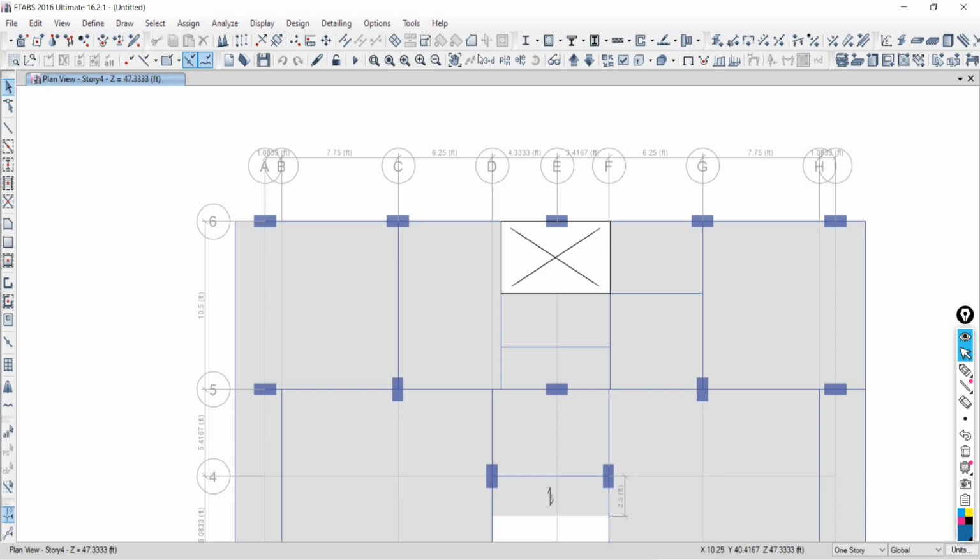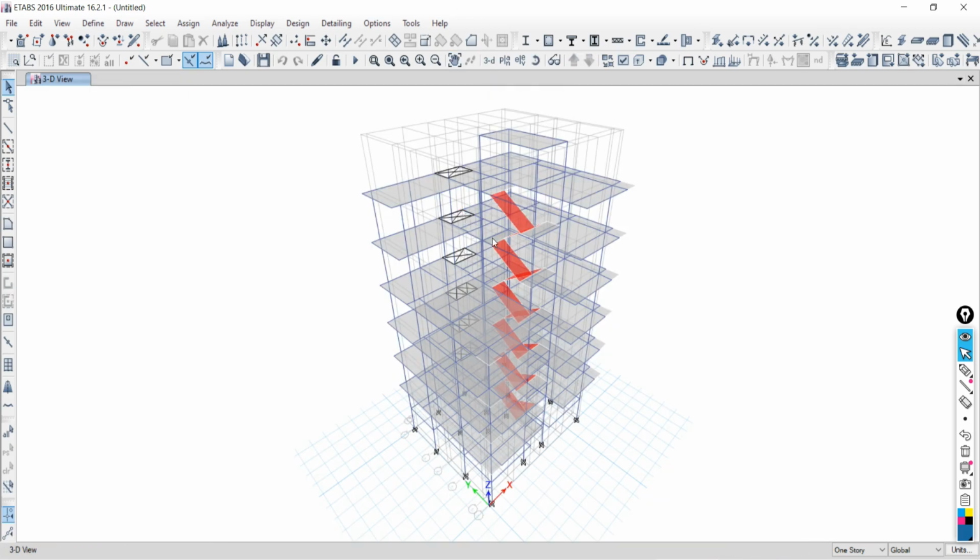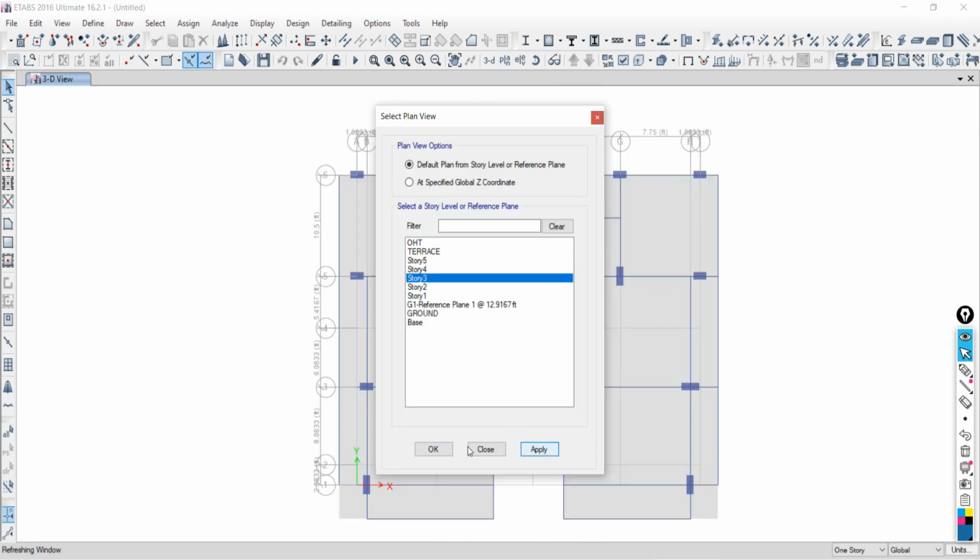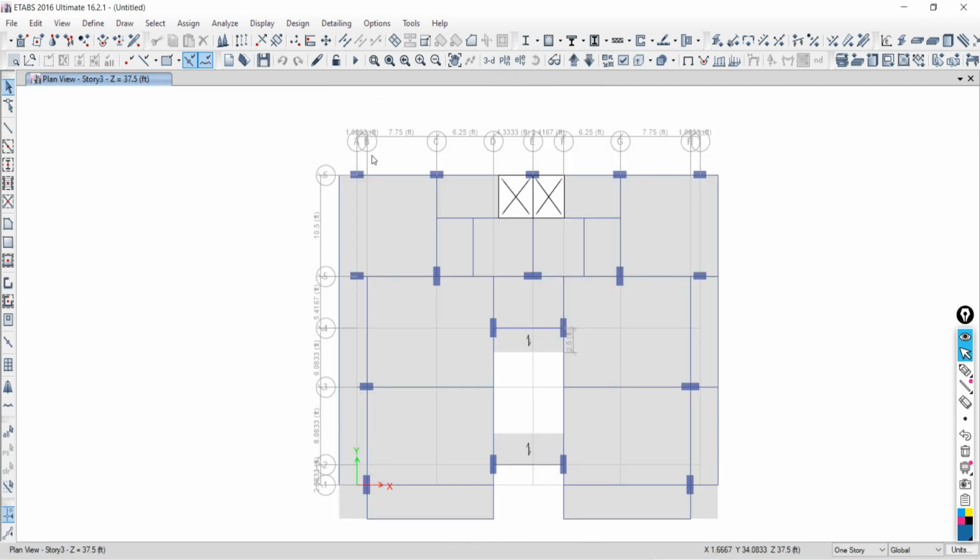Sometimes it may create a disturbance in your execution. So go to plan and come to any level. See, these grids are now available here. But after having the application of this grid, if you feel that you don't need to have this grid in view, the grid will be there, but you want to keep it not present in the view, temporarily off.